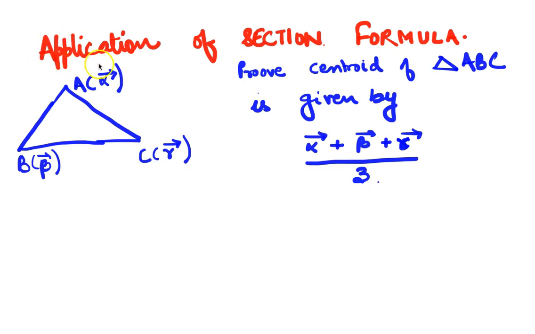In this video, we will see one application of the section formula and then end this section by giving 3 quizzes to see more applications of the section formula. So let's start. If you have a triangle ABC with position vectors alpha vector, beta vector and gamma vector, then prove that the centroid of triangle ABC is given by alpha vector plus beta vector plus gamma vector by 3, where centroid is defined as